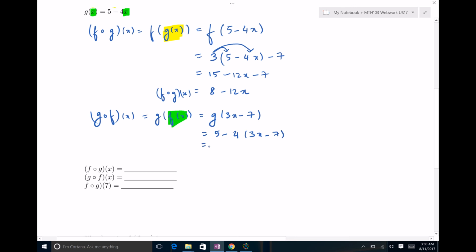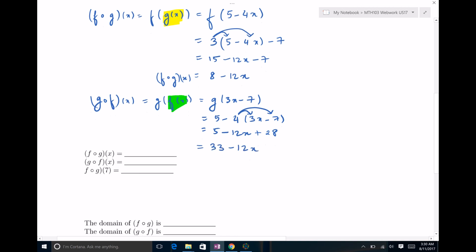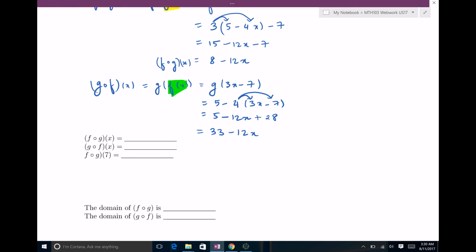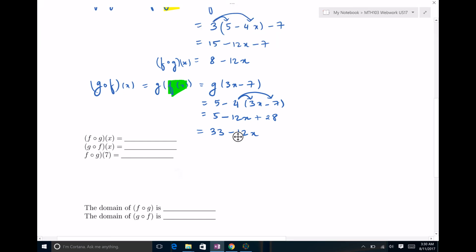So we have 5 minus, now we distribute the 4 to both the terms inside the parentheses. So negative 4 times 3x is negative 12x, and negative 4 times negative 7 is positive 28. 28 plus 5 is 33, minus 12 times x. So we have both of these answers right now. f composed with g of x is 8 minus 12x, and g composed with f of x is 33 minus